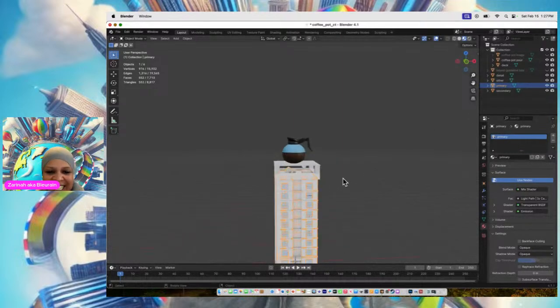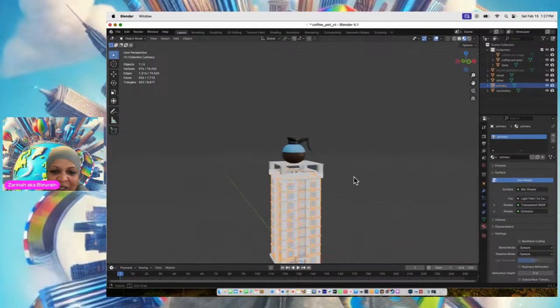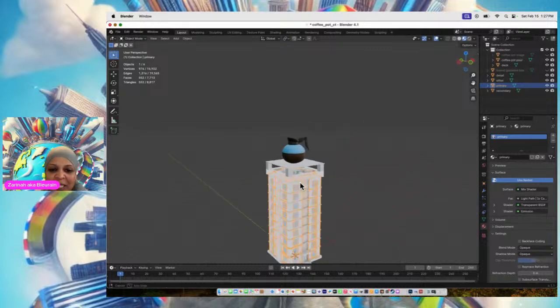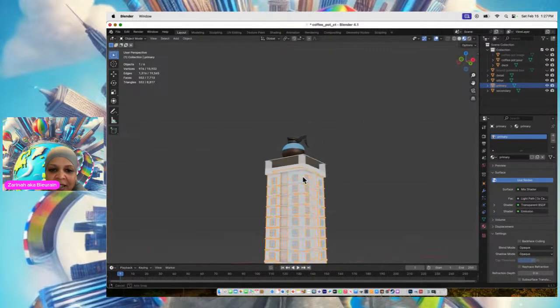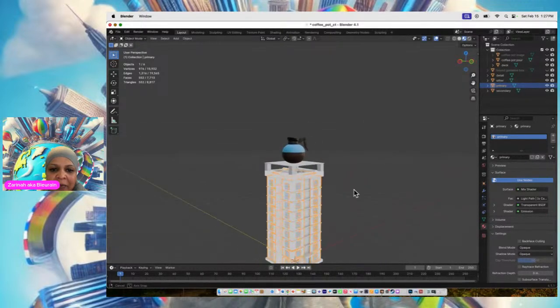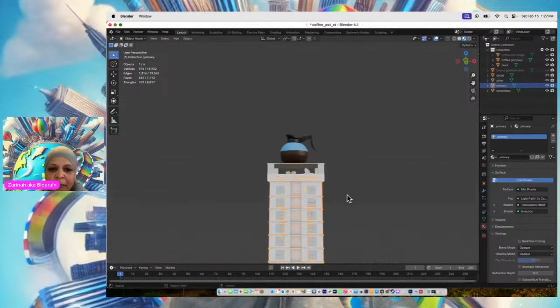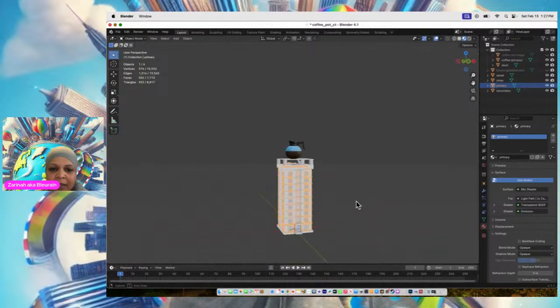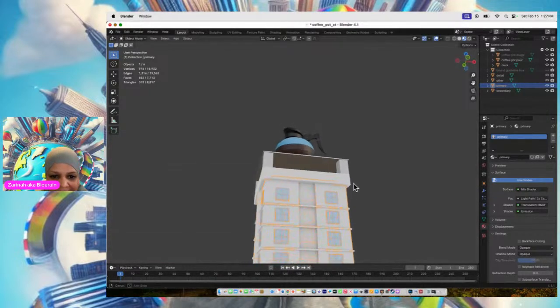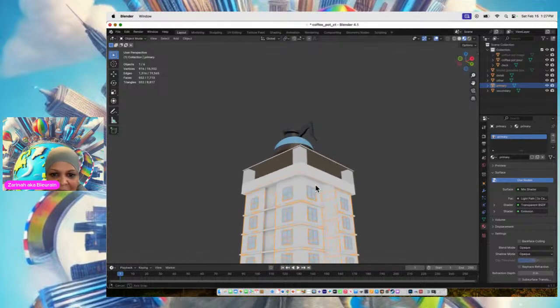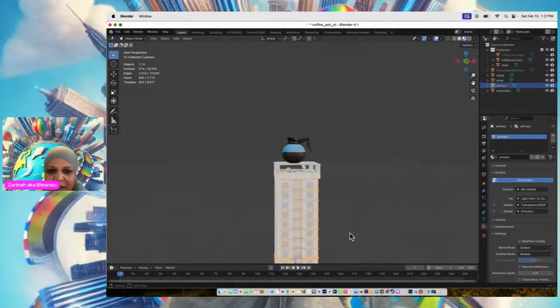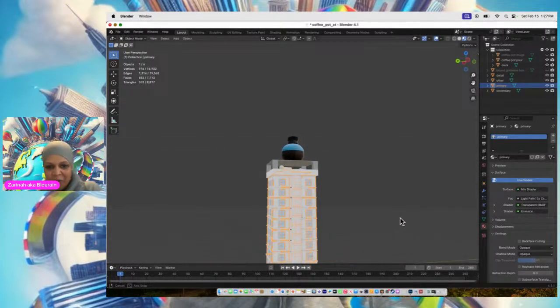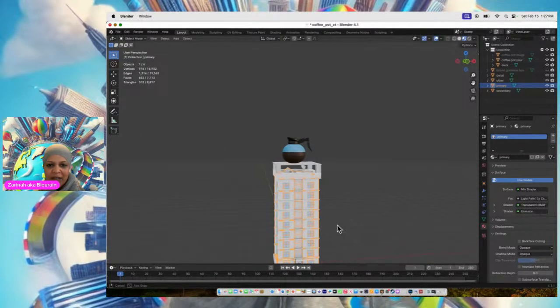So for this, that's like the building, and the parts around the building, like the walls and stuff. If I want to texture that, I'm going to press Shift-D,